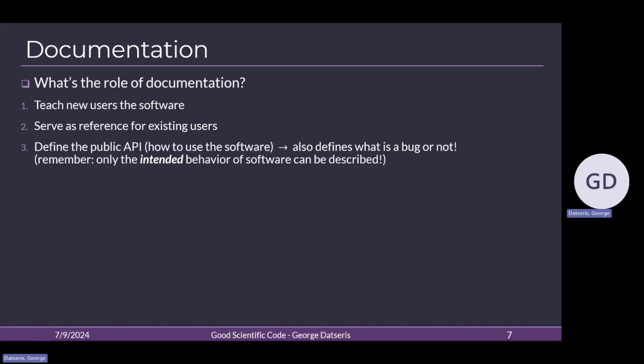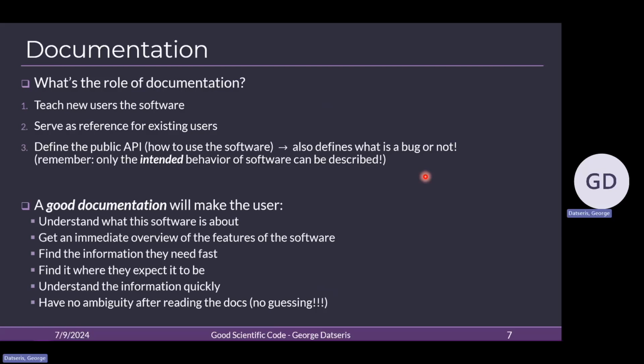This means that the documentation defines what is a bug or not, not the source code, which might be counterintuitive. You cannot remember this because the slides come from a much broader workshop on writing good code, and there we discussed that you can only document the intended behavior of a software, not the actual. What this means is that as the software increases in complexity, you cannot deterministically figure out what it will do without running it. So that's why you document what you hope it does or what you intend it to do. Sometimes there are bugs and therefore it doesn't do what you intended. But anyway, the documentation defines what is a bug or not.